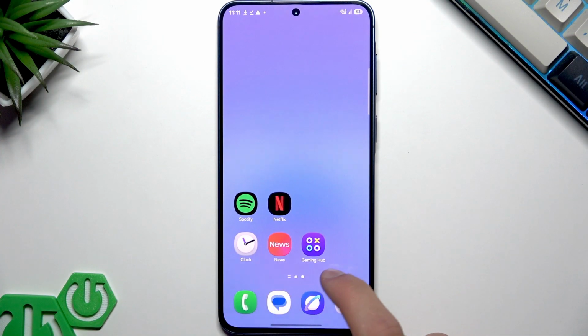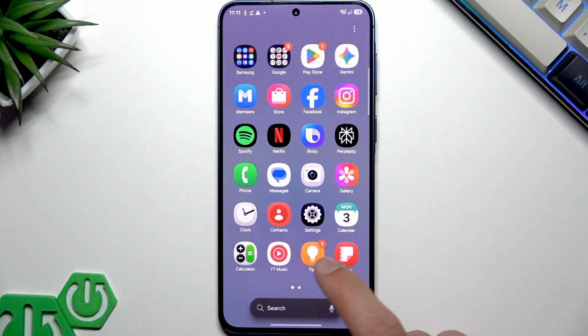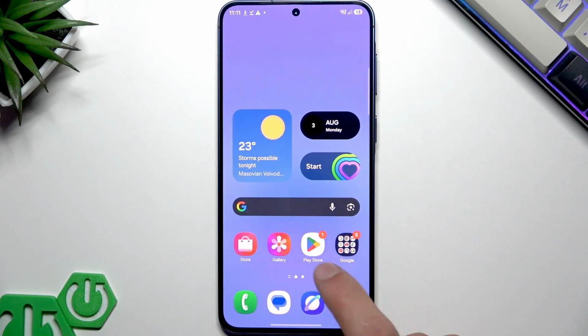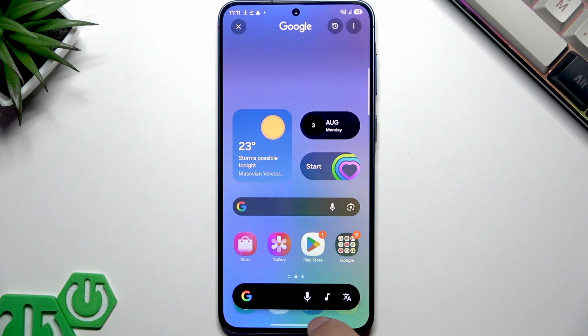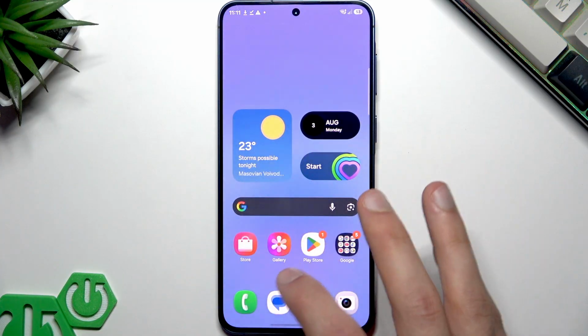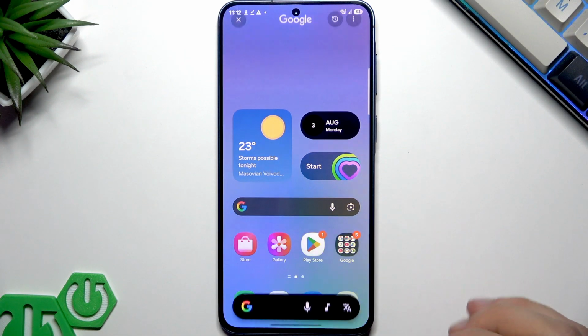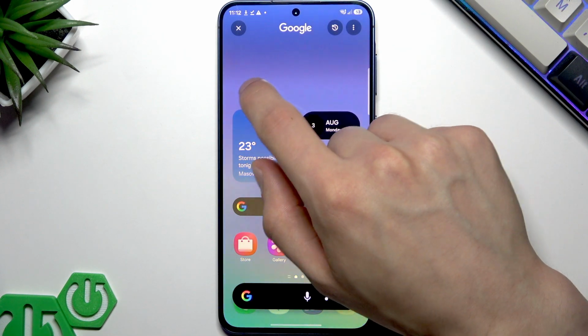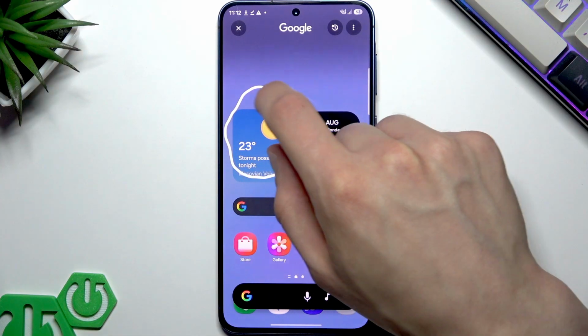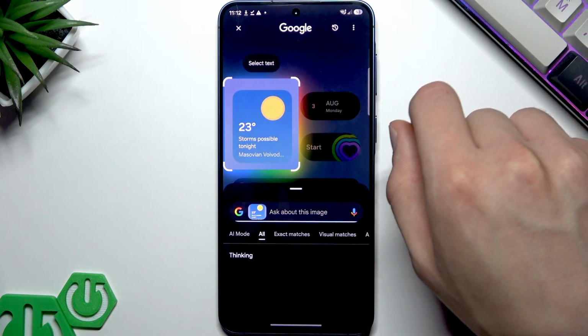So first of all, open the page where you want to use this feature. If you have gesture navigation enabled, you're going to have to hold down the gesture home bar for a couple of seconds. If you have the 3-button navigation, you're going to have to hold down the home button for a couple of seconds, and after that just draw a circle on your screen around the element that you want to select, and